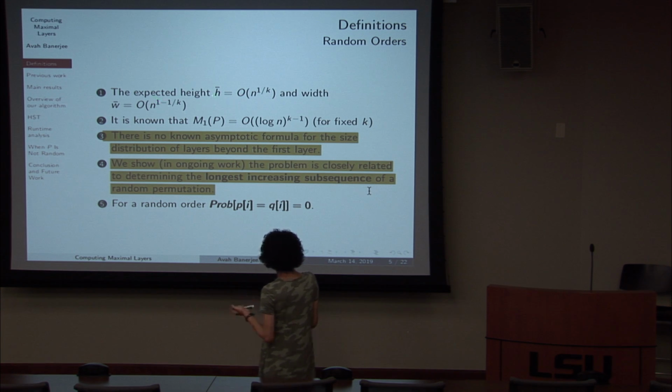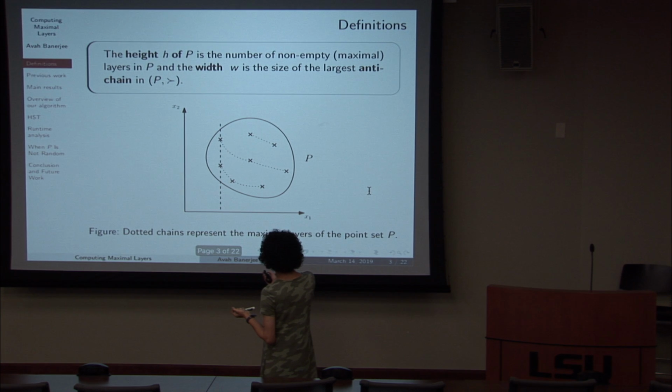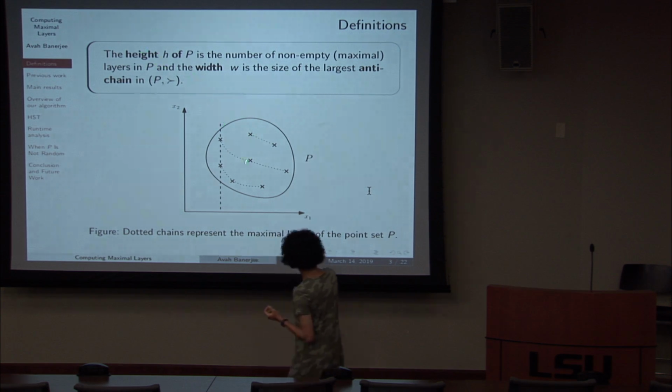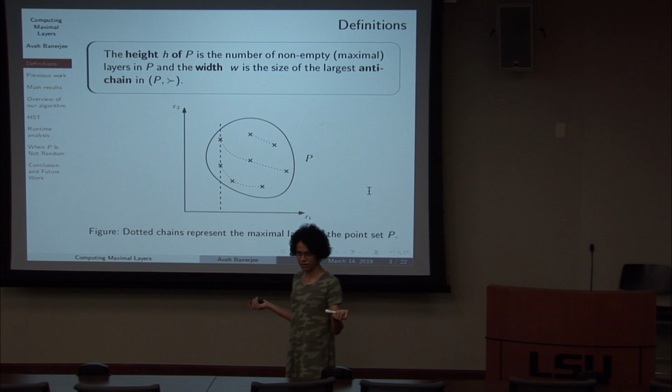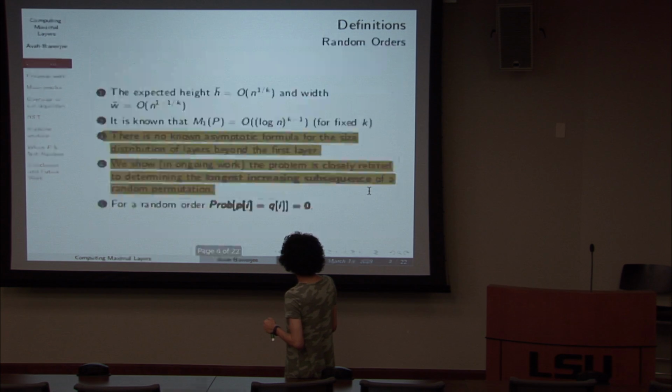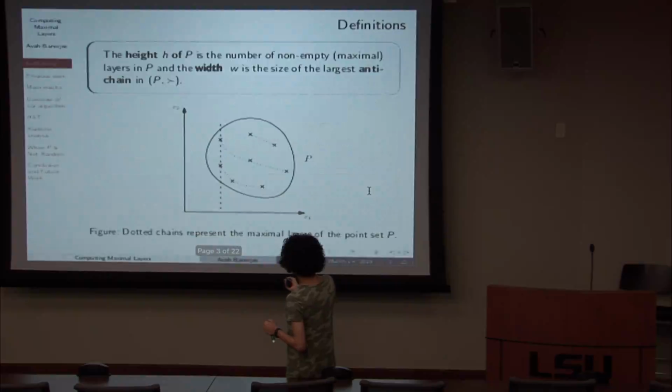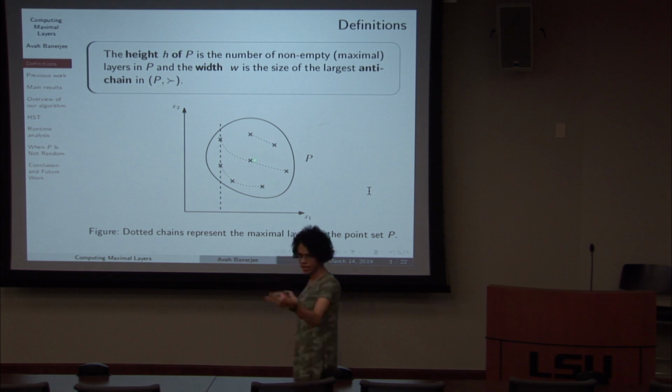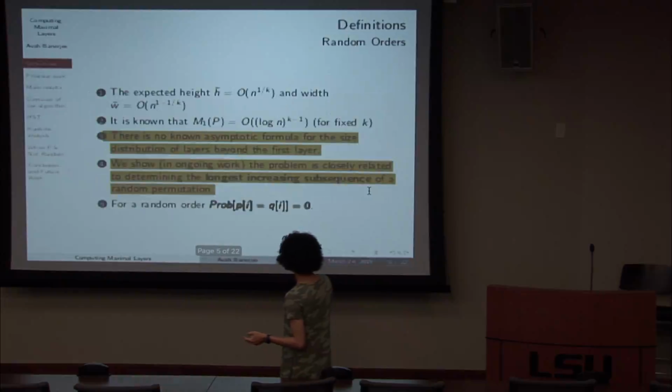The expected height. So what is expected height? Oh, I forgot to define this. The height is the number of layers, kind of obvious, and the width is the size of the largest layer. In this case, this is incorrectly put in here. This should have been with the first layer. So the width would still be 3, and the height is also going to be 3. So basically this question asks, suppose I pick these points randomly as I defined here, what would be the